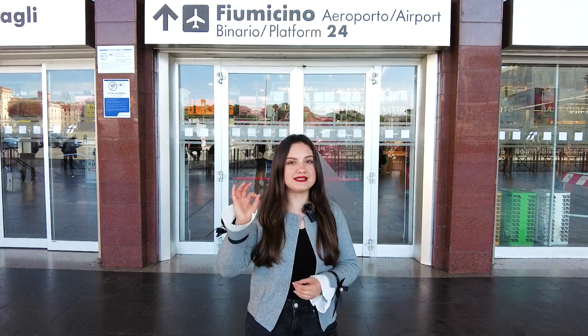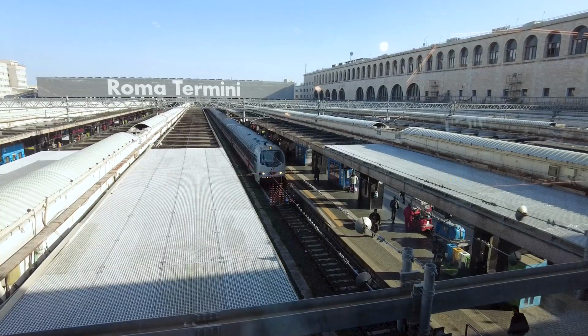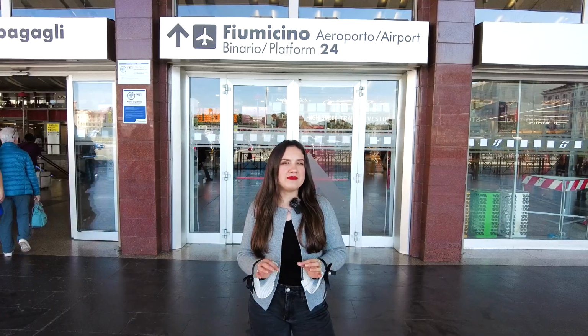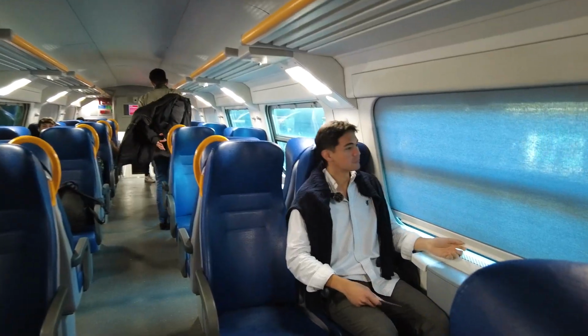Make sure it's the one that is 30 minutes, not the one that is 50 minutes, because the one that is 50 minutes, you have to change it in a different city or in a different little town, and that is not worth it in my opinion. If you're coming from Ciampino Airport, there is only one train and it only takes 20 minutes, and this one